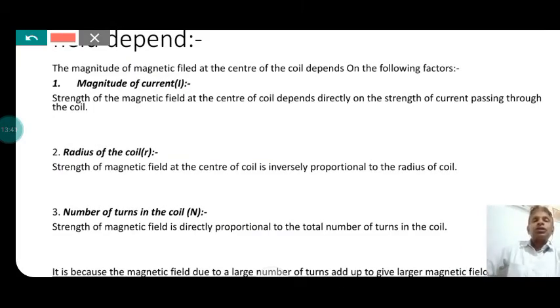Now, the magnitude of the magnetic field at the center of the coil depends on the following factors. When you observe the magnetic field at the center of the coil, its magnitude depends on these factors. First, the magnitude of the current: the strength of the magnetic field at the center of the coil depends directly on the strength of current passing through it. So we can say that